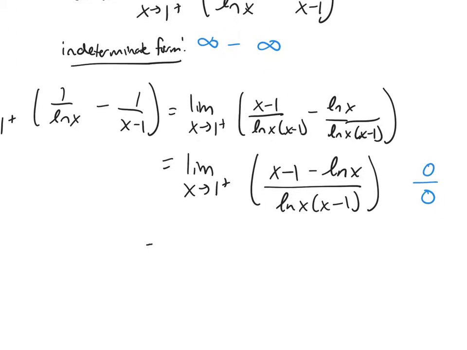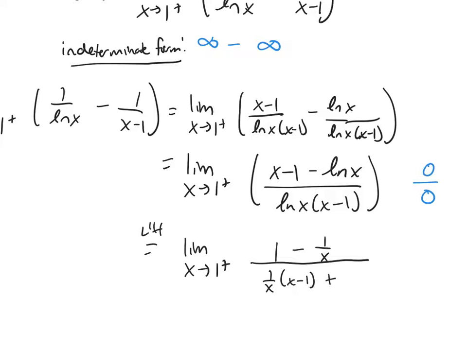So we're getting the limit as x goes to 1 from the right. I'm going to take the derivative of the top, which is 1. The derivative of negative 1 is 0, minus 1 over x. And then you're going to have to use the product rule in the denominator: 1 over x times x minus 1, plus ln of x times 1. And then you're going to see that we still get